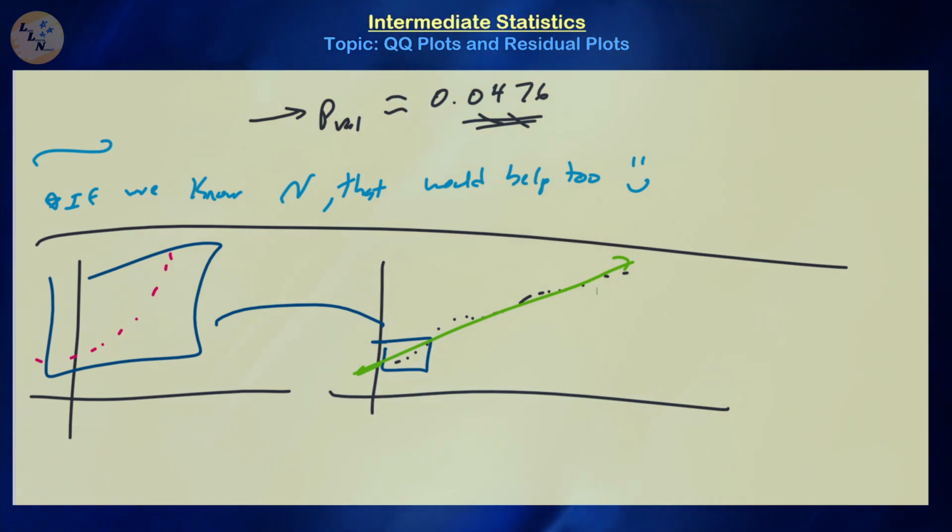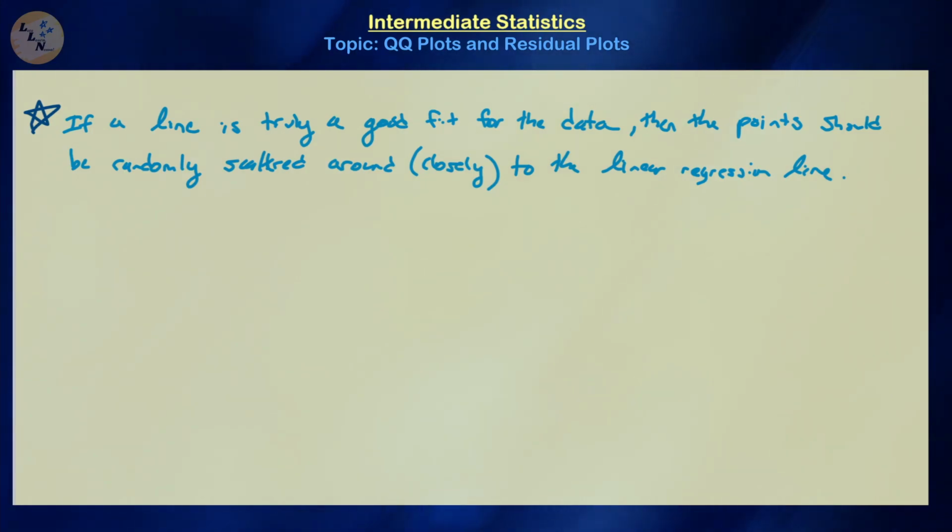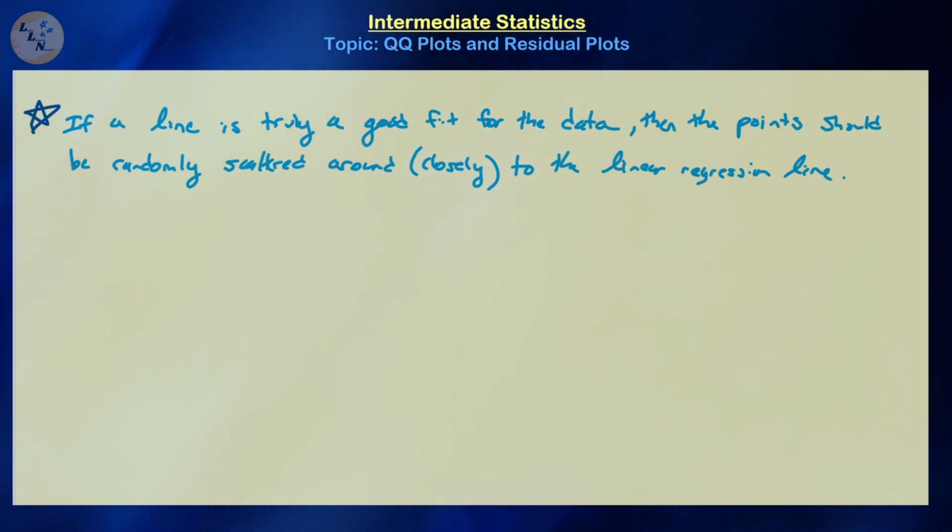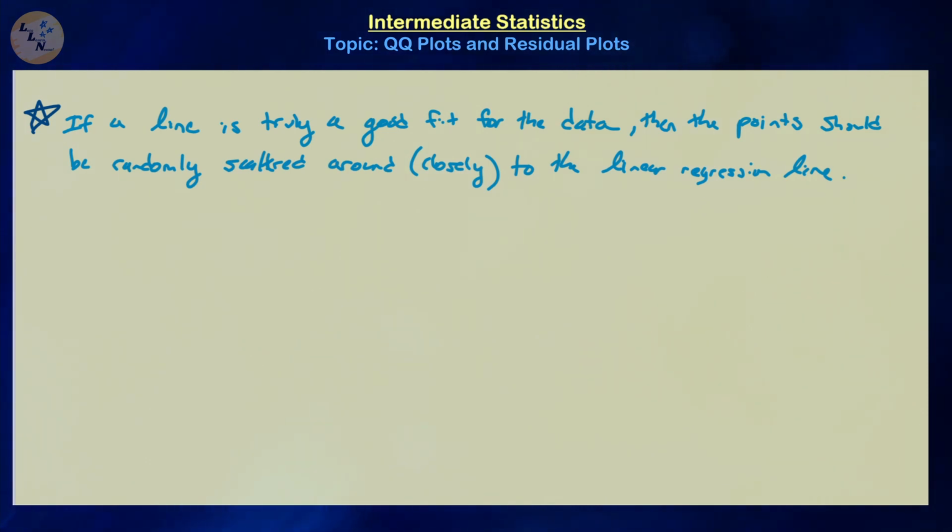But with those things in mind, let us look at another type of plot called a residual plot that is used to assess the distribution of a particular data set. So up to this point, what do we have? We have that if data should appear to be normally distributed, then the correlation between that data set and an artificial normally distributed data set should appear to be close to linear, i.e. the correlation coefficient should be close to +1 if it's ranked from least to greatest. If that is truly the case, that means a line should be the best fit model for that particular data set. So if we look at our data set from before,